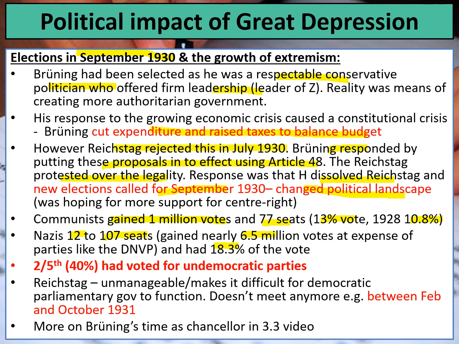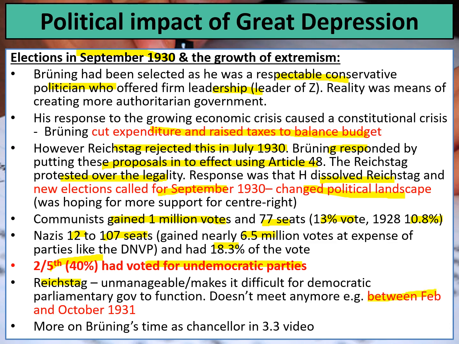Now, when we think about the extremists together, this is a really shocking statistic: 40% in the September 1930 elections were voting for undemocratic parties. What's the impact of this then? Well, obviously, it makes the Reichstag even more unmanageable. It makes it very difficult for democratic parliamentary government to function, and therefore the Reichstag doesn't even meet at all